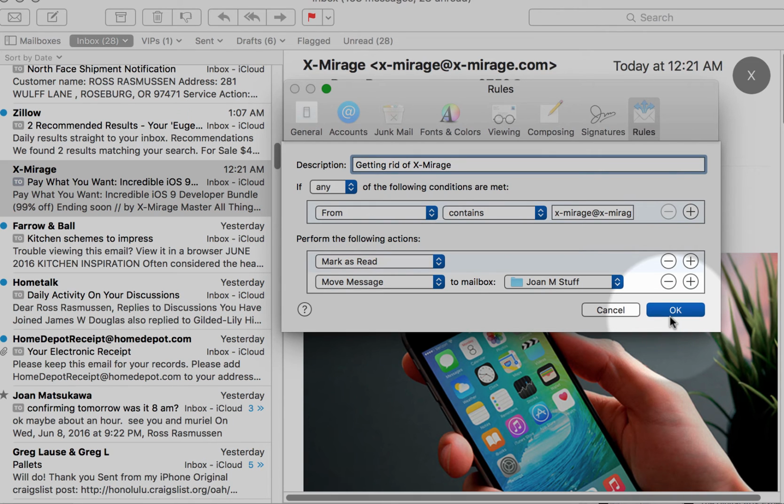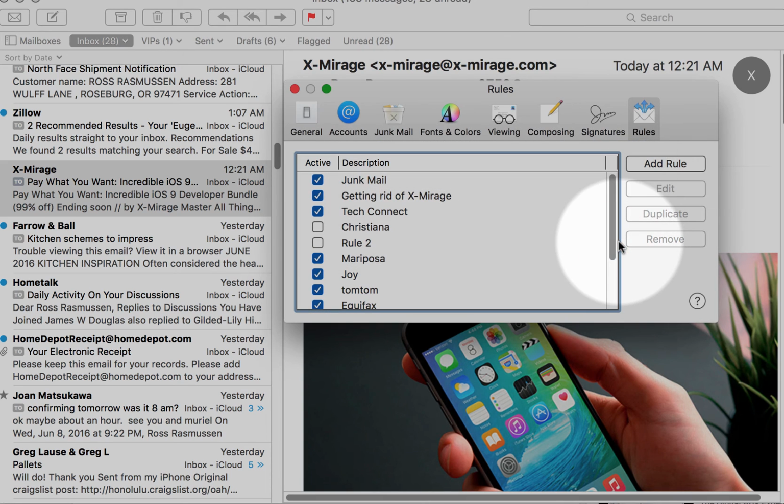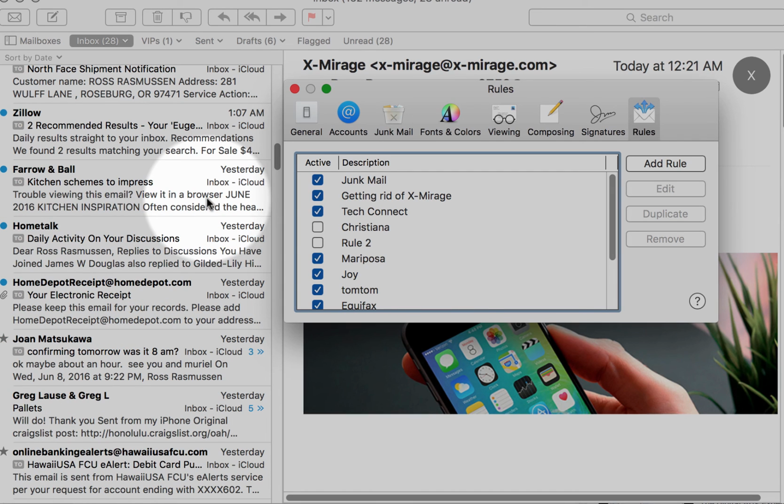When you click on OK, you get another dialog box, and that dialog box says you already have some of this stuff in your mail already. Do you want us to work on that? So do you want to apply it to the messages in your mailbox? If I click on Apply, wait for a second and look over here, you'll see in a moment that that